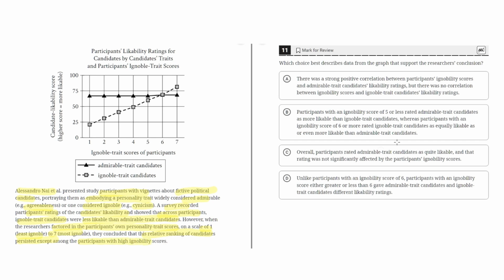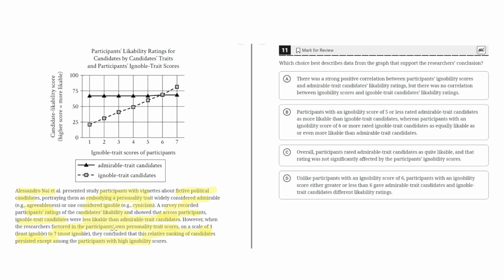high ignobility scores. So the text highlights how there's a study, and in this study there were vignettes about fictive political candidates, and they had different personality traits, like admirable traits like agreeableness, and ignoble traits like cynicism. And so the participants were asked to rate these candidates' likability, and they showed that across participants, ignoble trait candidates were less likable than admirable trait candidates, but that when the researchers factored in the participants' own personality trait scores,